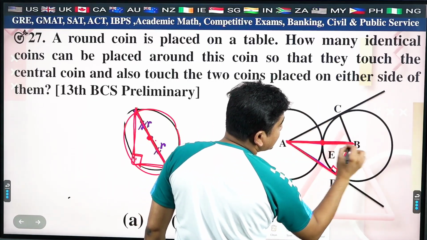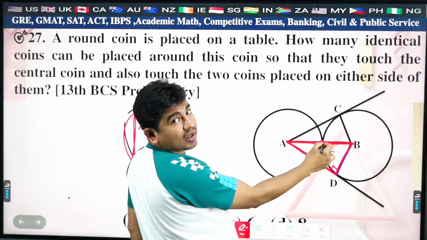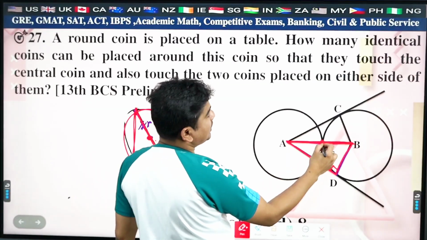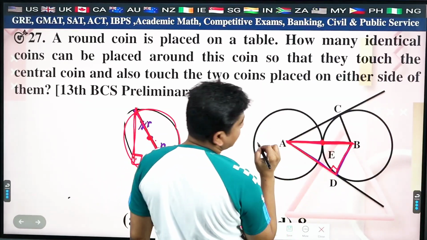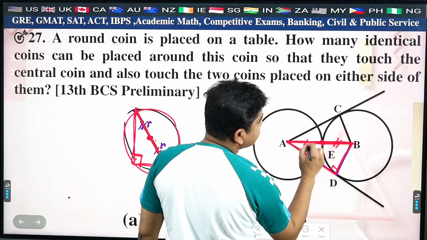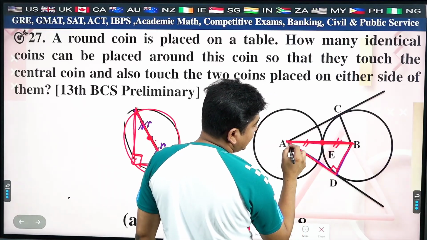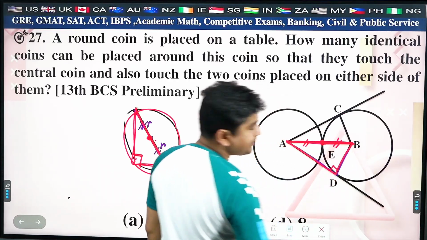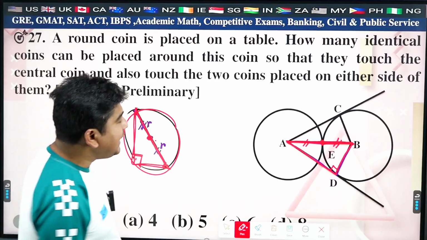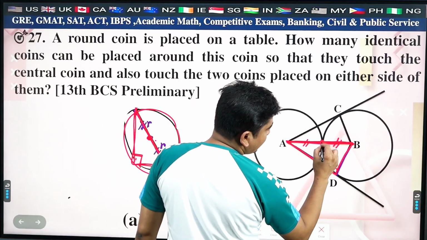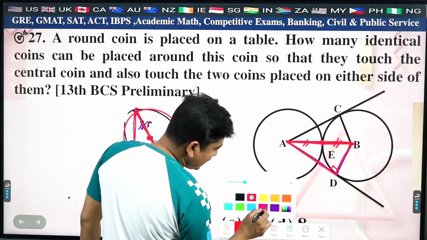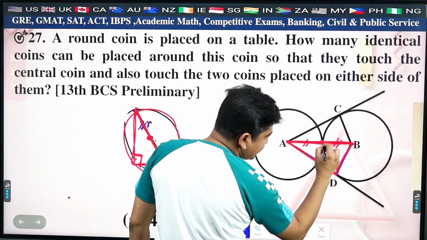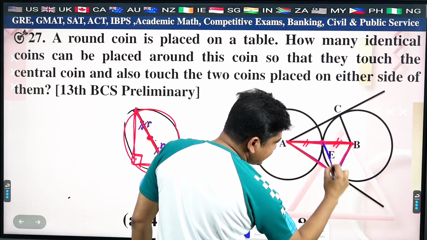This is the midpoint of this triangle. So this is the radius and this is the radius. These 2 sides are equal. That means AE equals EB. Again, if from this point you draw another line from this point to here, from this point to here,